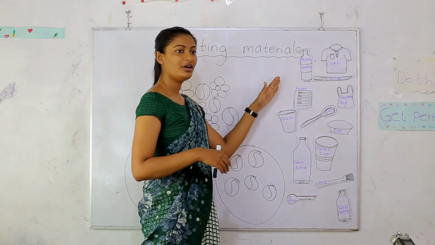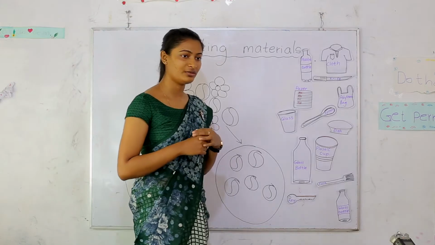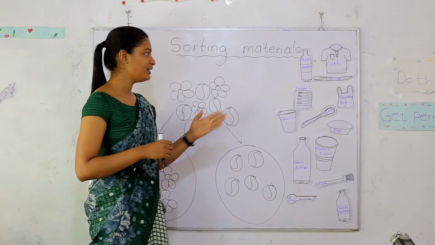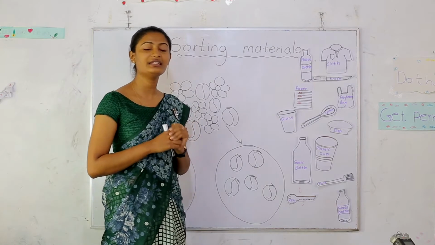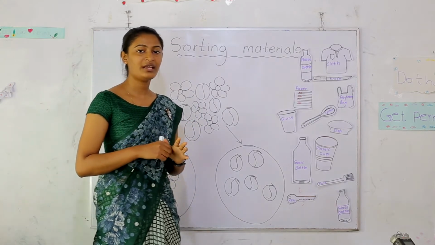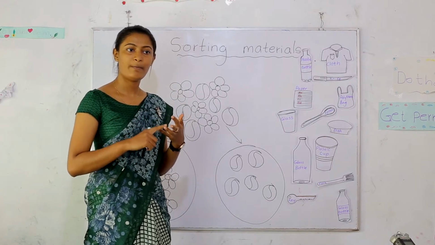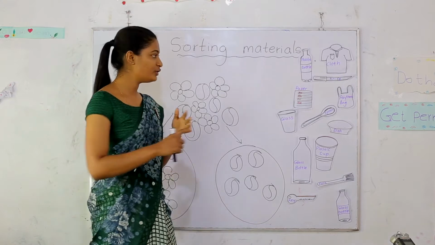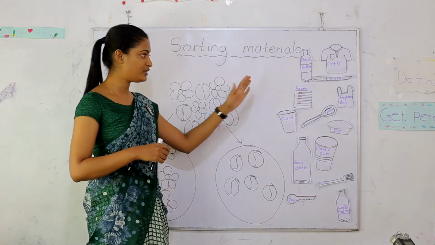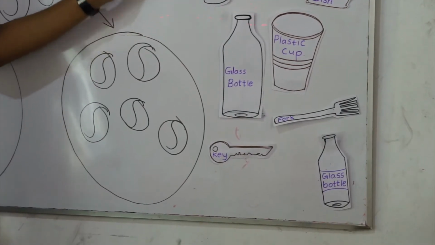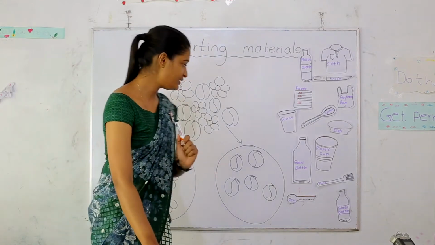Today we are going to group objects made of different materials. How can you do that? You have to consider the properties as we discussed before. Now I will recall your memory regarding the materials that we learned. We learned materials: fabric, plastic, wood, metal and paper. So these are some objects made from those materials. Now we have to observe them carefully and group them according to their properties. I'll help you to do this.